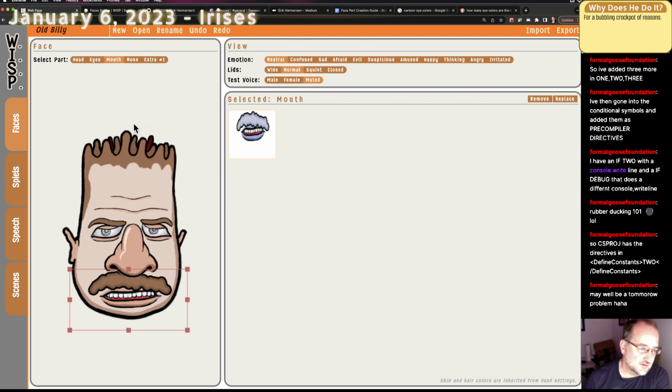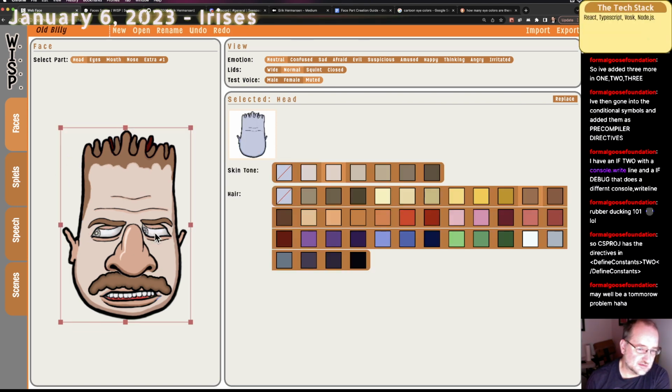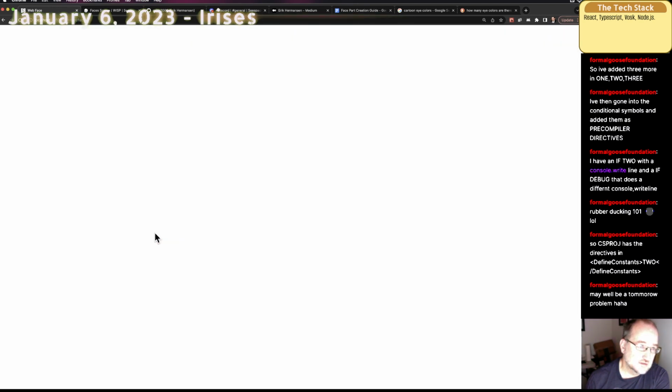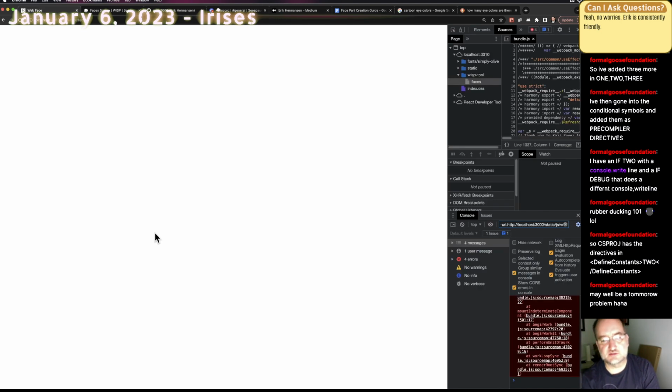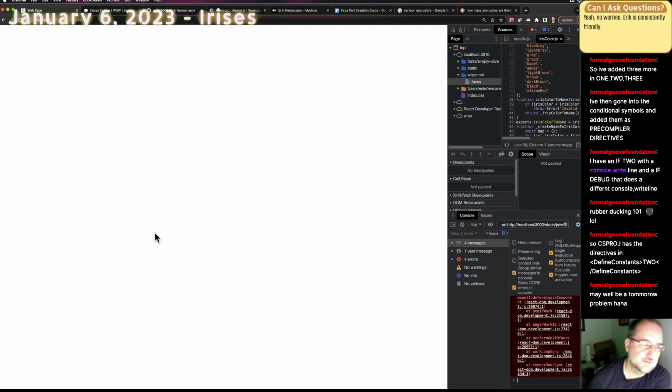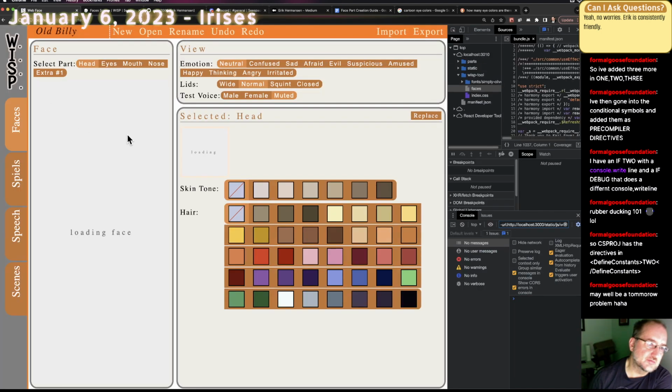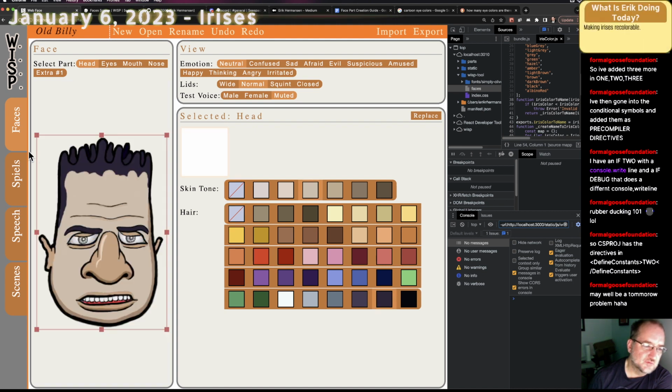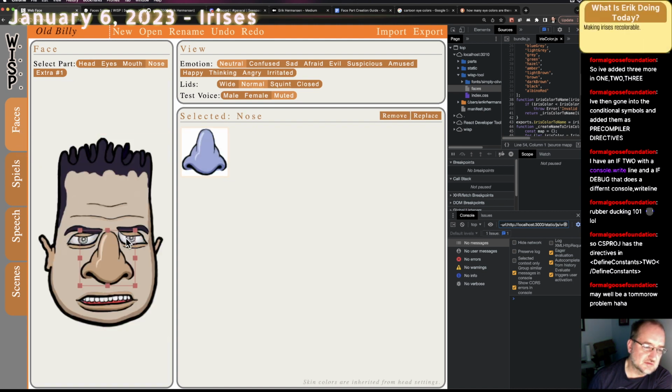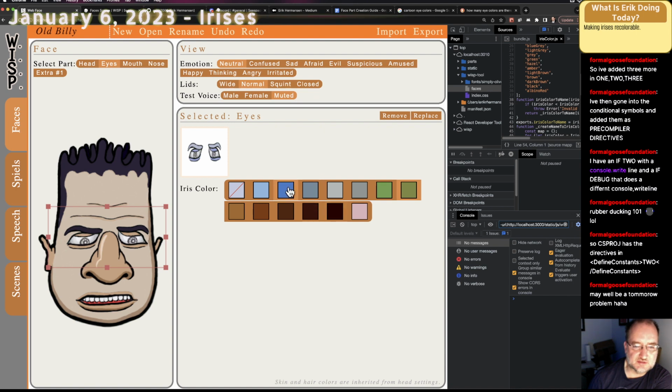Okay, the other thing I did yesterday was I made a new color selector for eyes. And of course it's going to break on me. I just put new code in right before. Let's see if I can get that demoed. I need to fix that bug that I just uncovered, but